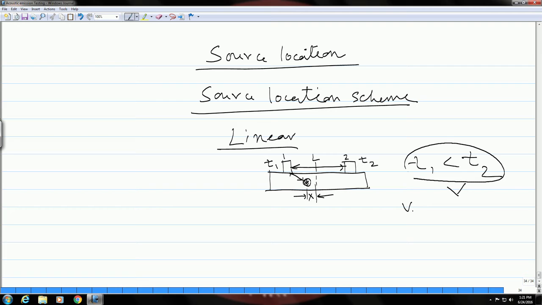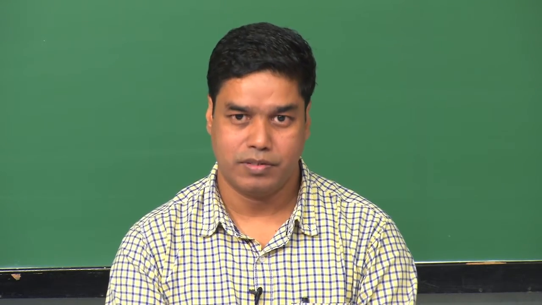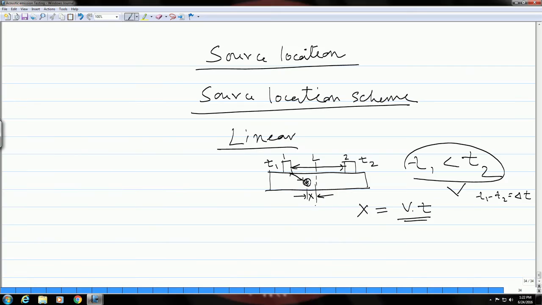So, if you take the difference between t1 and t2, if you take the delta t and if you multiply this by the velocity, then you will know this distance x from the center line. Okay. So, this is how you will get an idea about the zone or the location from where these acoustic emission signals are coming out with respect to this central line. Okay. So, this is if you have a linear system. So, this is a linear location technique,